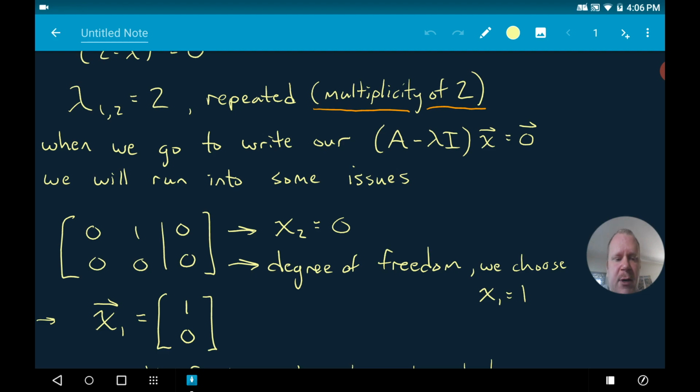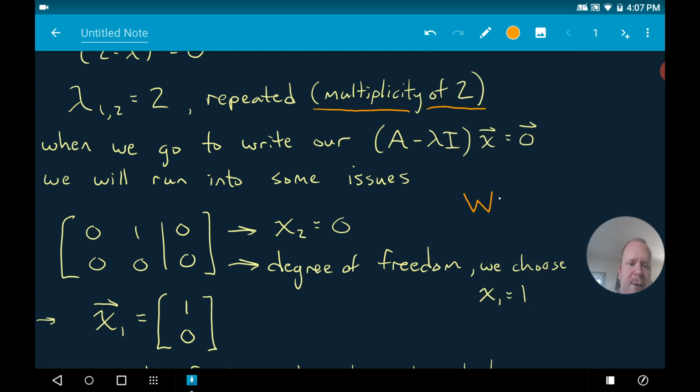So here's where you can run into the issue, and you might see it already. Normally, if we had 2 different eigenvalues, then we would just let this be our first eigenvector, and then we would use our second eigenvalue to come up with our second eigenvector. But in this case, we would just end up with the exact same thing if we plugged in A minus 2 times the identity matrix. We would just end up with the same thing, and we can't do that, right? If we tried to have the same eigenvector for both of them,